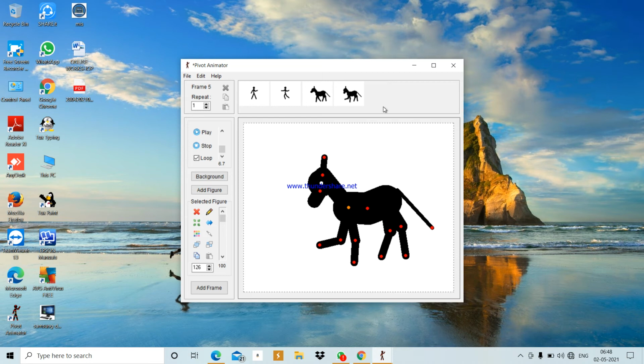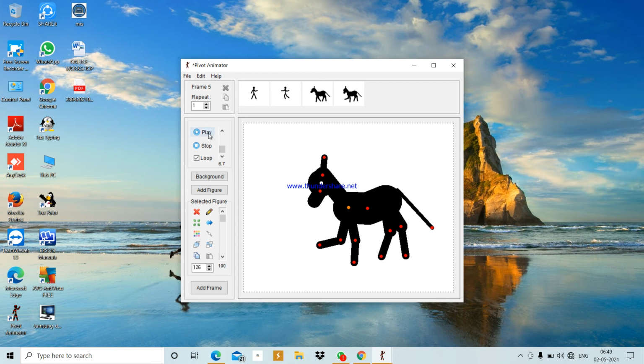So we will play this, right? How will we play? This is the player controller in the tools panel. This is the play button, this is stop, and this is loop. The play button is used to play the animation, the stop button is used to stop the animation, and loop means to play the animation continuously, repeatedly. If you want to play this repeatedly, then you will click on the loop. This is the frame rate slider, so you can set the speed of your animation.